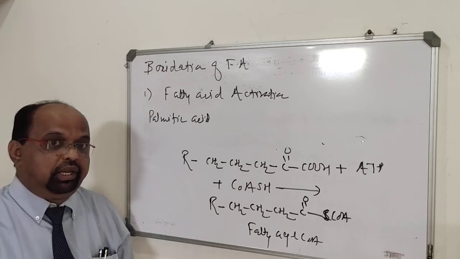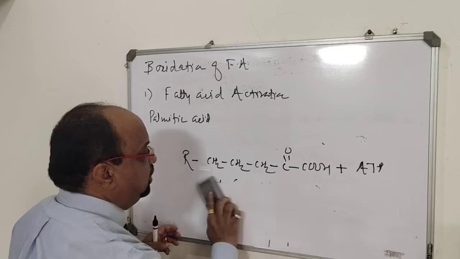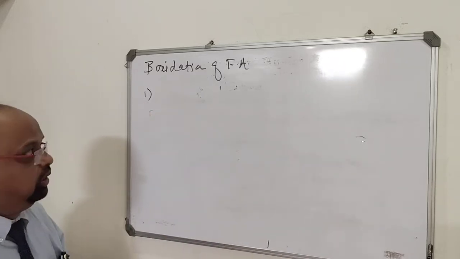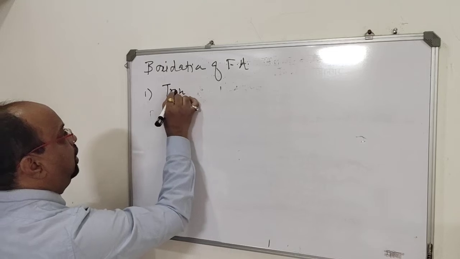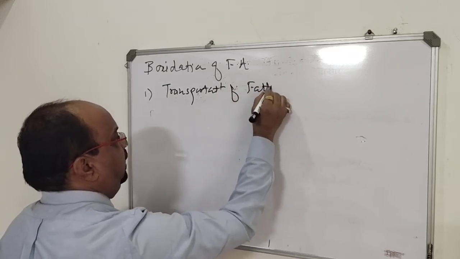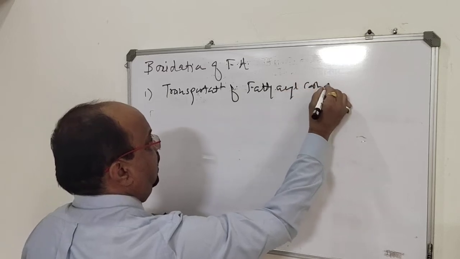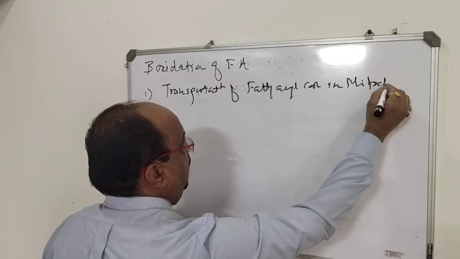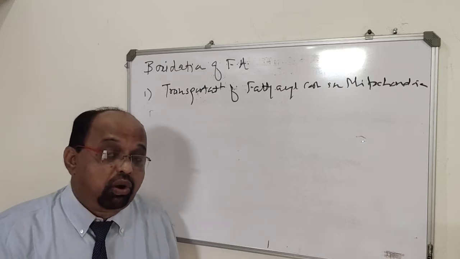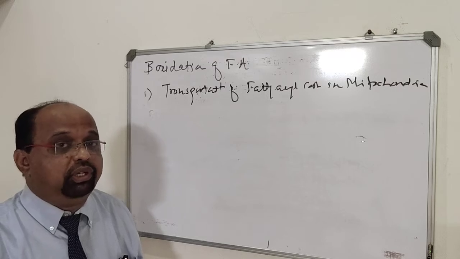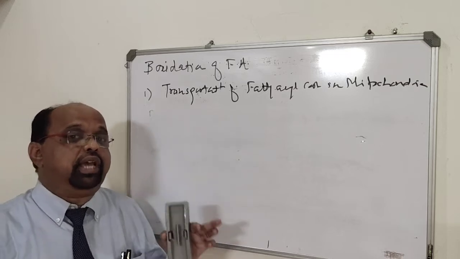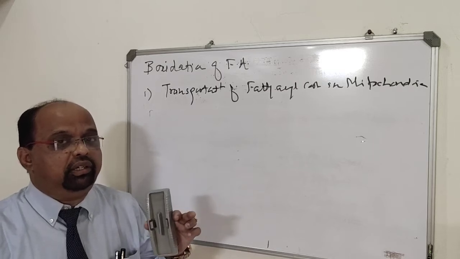Let us talk about the second step. After activation, the second step is transportation of this fatty acyl CoA into mitochondria, because the beta oxidation process actually occurs inside the matrix of mitochondria. So whatever fatty acid is activated in the cytoplasm must go inside the mitochondrial matrix